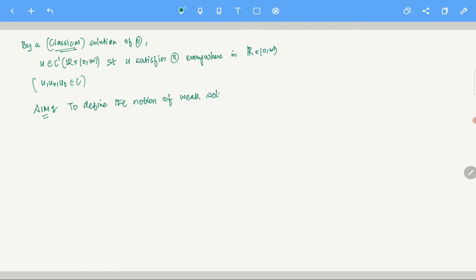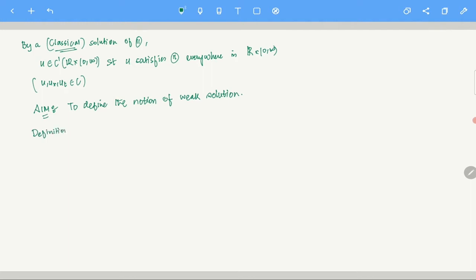So the first question is, why do we need the notion of weak solution? Why do we need a new concept? Because classical solutions are most often than not very easy to derive. You understand what I'm trying to say? Classical solutions are not very easy to derive, which we will look at right now, but by first defining what a weak solution is. So basically, let's define a weak solution.